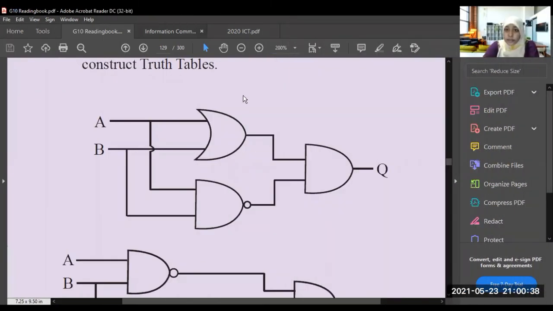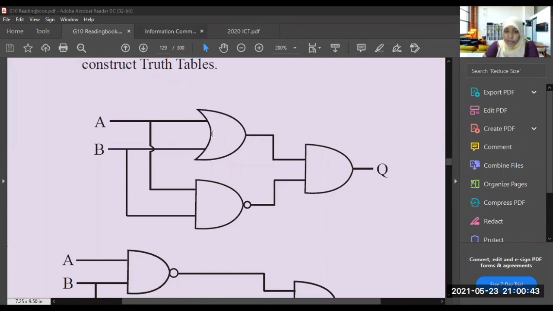This is the gate. First of all, what you should do? Write down the expression inside. So this gate is dot, AND, this is plus. Plus means OR gate. This one is NAND gate, so dot, it is AND gate, and here it is bar. There is a round, so it is bar. This one is the OR gate. Okay, right.